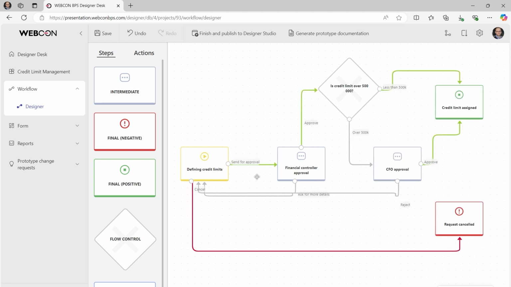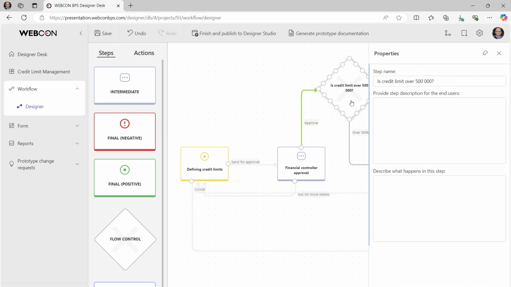As you can see, I've configured all of the paths, and in WEBCON we can go forward, but also we can go backwards with the case. We have the true state engine, so it doesn't really matter. You can freely move around the steps the way you designed. But now I want to focus your attention on this flow control step,